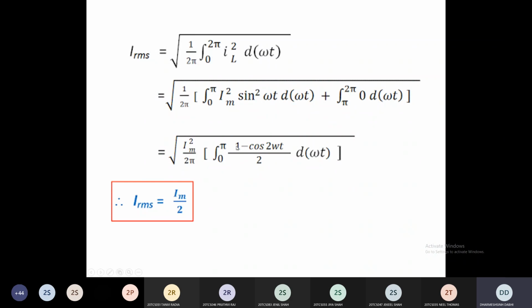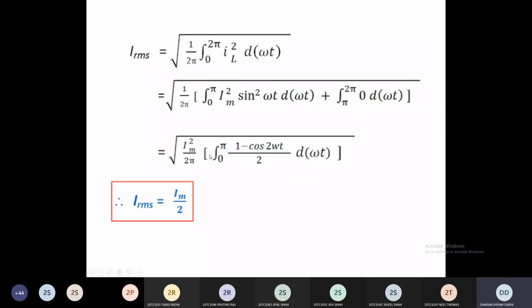So omega t of 1 integration is omega t, and that is between 0 to pi. So it is pi minus 0. Yes or no? Then same way here, sin 2 omega t divided by 2. But 2 is multiplied here with the 2 pi, so it becomes 4 pi. And that is also again 0 to 2 pi. So that is sin 2 pi minus sin 0. So you know that sin 2 pi and sin 0 both are 0.